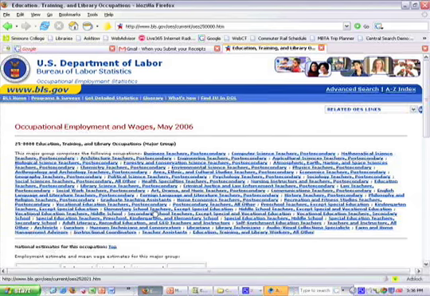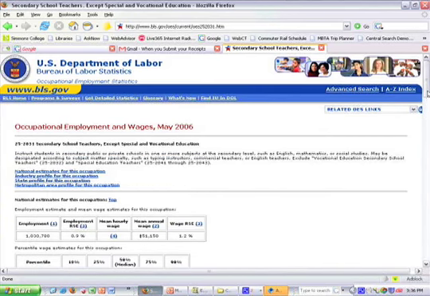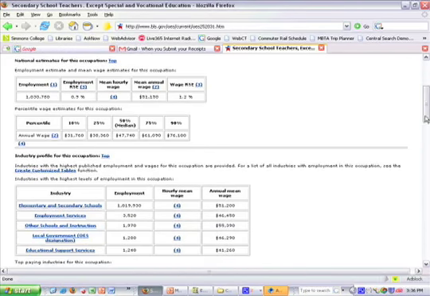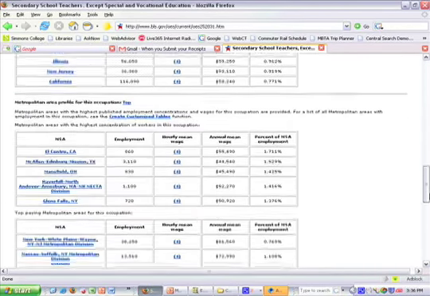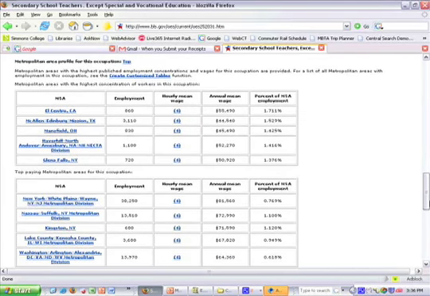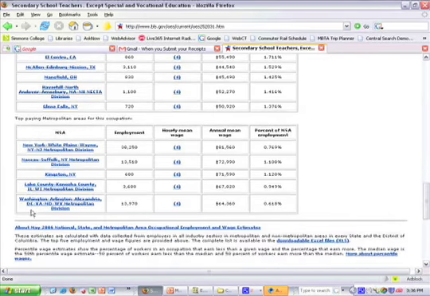Let's say I'm looking at secondary school teachers, and I want to get some wage information about those. So here we've got national estimates, and, I guess, the industry profile. We have the state profile, and then we have the metropolitan area profile. If one of the other cities we were interested in looking at was the New York metropolitan area, then I